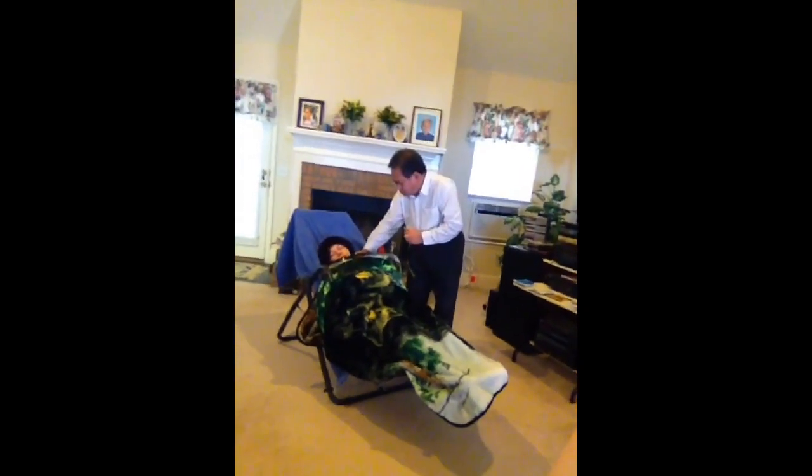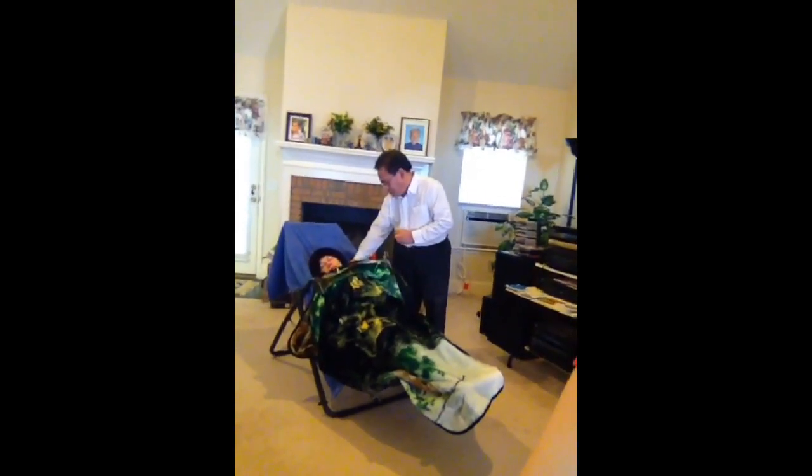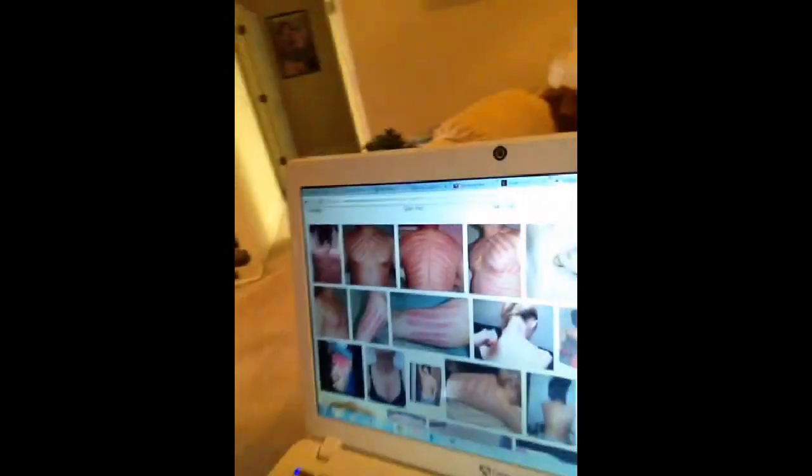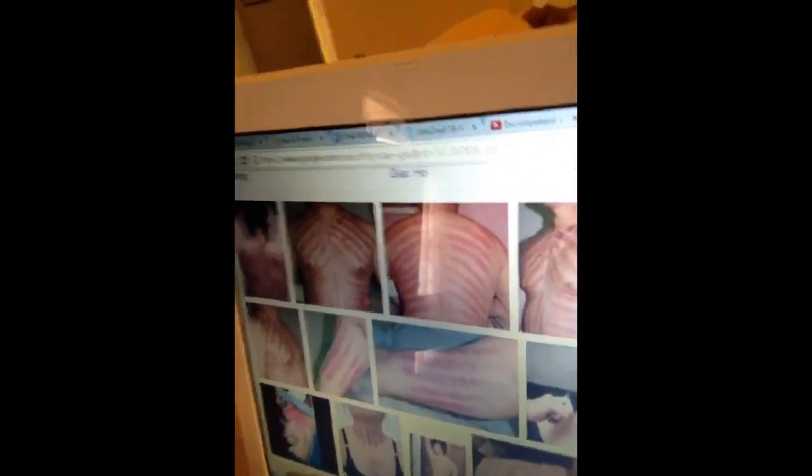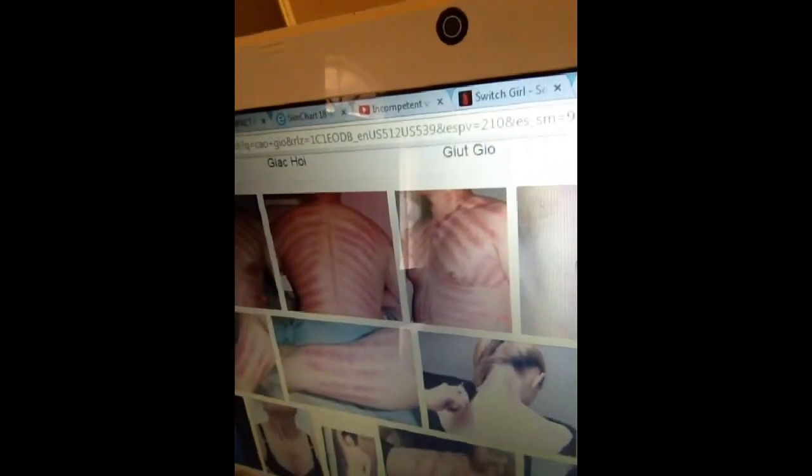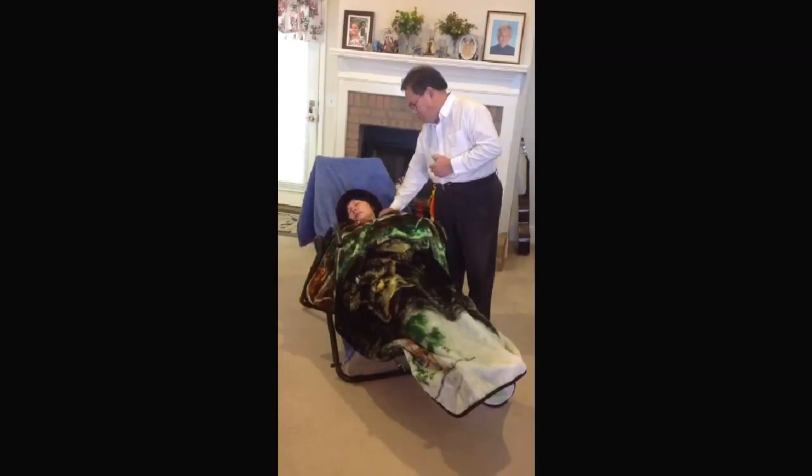We have a couple in the hospital room practicing an alternate medicine relief called Gai Goi, which is popular in Asian culture. It may look abusive, as we see in these pictures right here, where the person gets a coin and rubs it on their back, and it leaves red marks, like they have been abused, but they have not been abused. It is just a form of alternate medicine relief that's popular in Asian cultures. So now we'll look at the scene and see how the patient and the nurse interact.